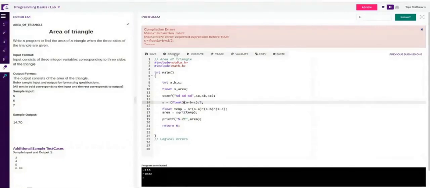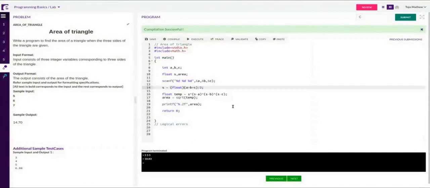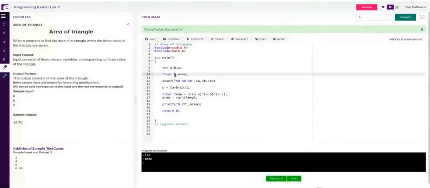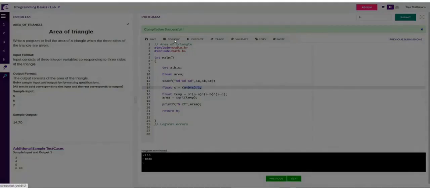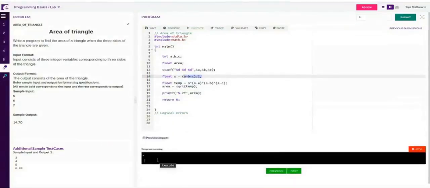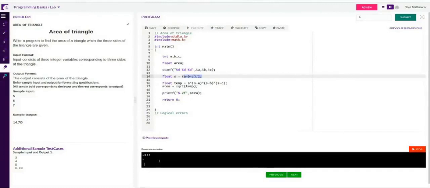Can't we use that float before the S in the 14th line? You can use it, but it still doesn't make any difference. Instead of declaring here, I can directly declare before using. But this also will not make any difference, because the RHS is computed and we already lost 0.5. So it will always be 7 assigned to this. There are many ways to address this, but one is explicit typecasting. The other is that at least one operand you make a real constant, so the result will be of real type.